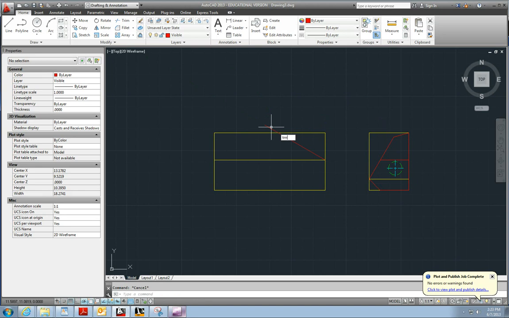Trim off what I don't need. TR, enter, enter. And then I just draw a line from here to here, then down to the bottom. Okay, and then from this point I want to draw a line at 45 degrees, so 15, 30, 45, and then